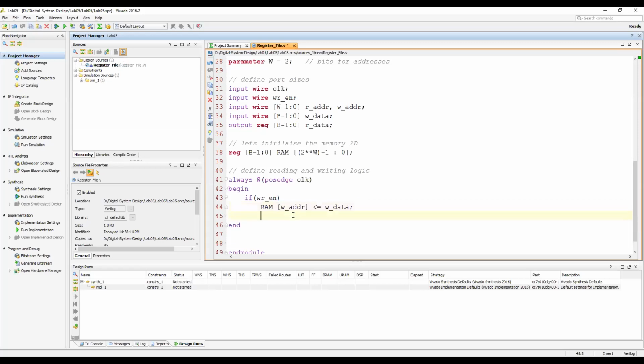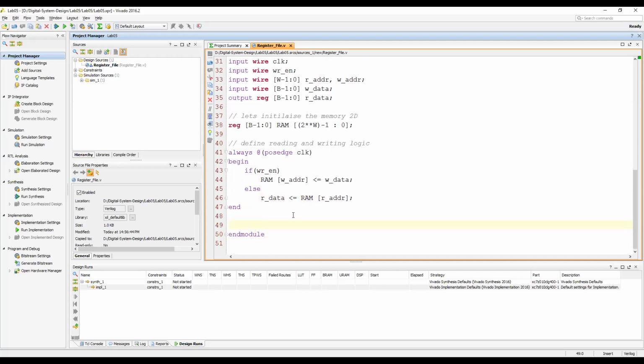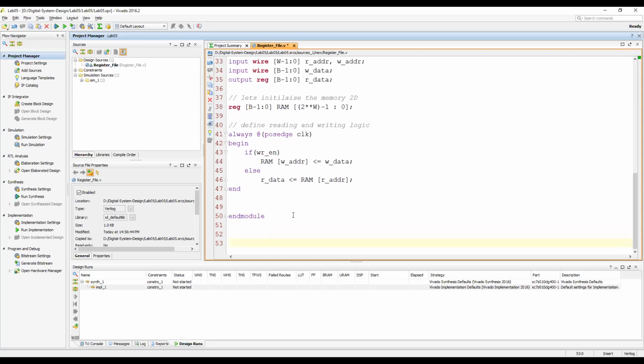And then we put some data which we want to write. Clear? And then we say else, if this is not the case, then perform the reading operation. And how will you perform the reading operation? You read from the memory and assign to the R data. So what is the memory? Memory is the RAM. And what will be the address? Address will be ADDR. Okay, so that's it. So that's the logic. Now we will design the test bench.